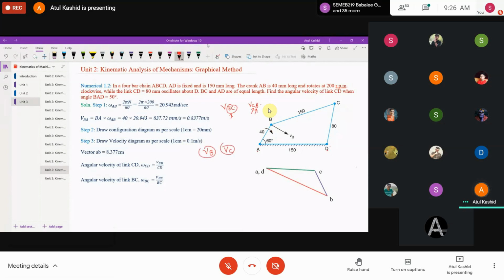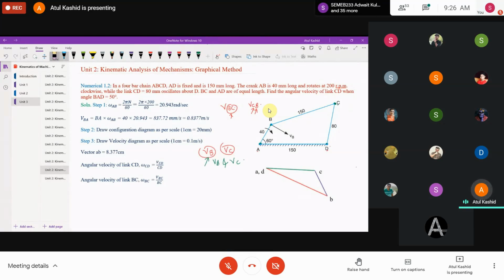So these are the absolute velocities, or in another term, I can write this as VBA, and this can be written as VCD, right? Because this is the velocity of B with respect to a fixed point A, and this is the velocity of C with respect to the fixed point D, right? Because for C, the center of rotation is D, and for B, the center of rotation is A, right? So in that case, we can consider that points B and C have velocity with respect to A and D, which are the fixed points. So these are the absolute velocities and can be written as VB and VC, right?